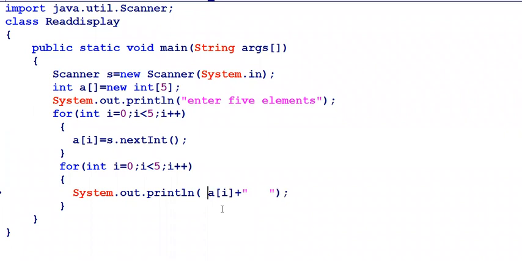So a of, okay, I can go for a square bracket. I can maintain a square bracket. Here I would like to print a[5] at the 0th position, a%d. So the value will be, element is, where that is going for a[5]. Now here I can go for this i.